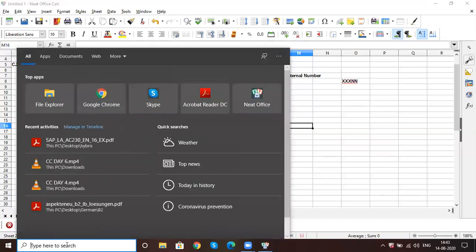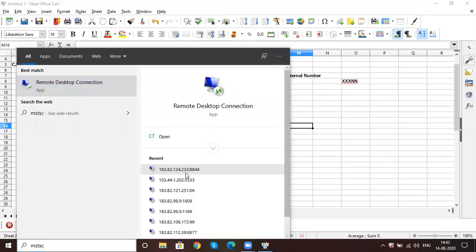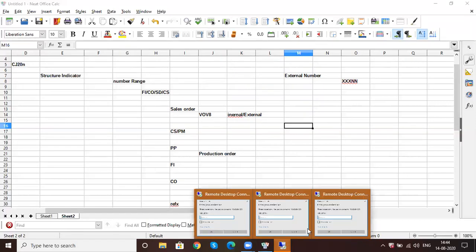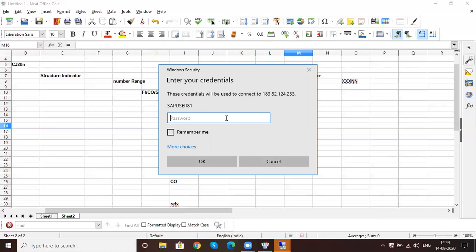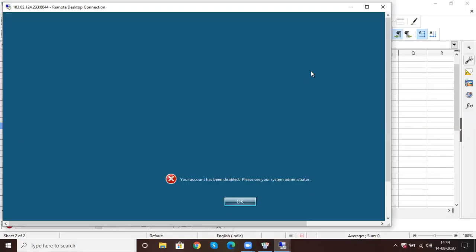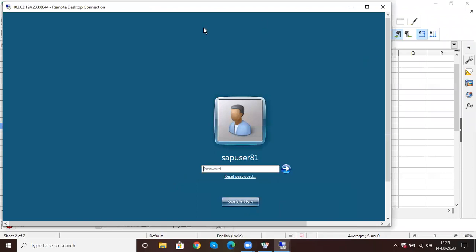You can check. Password issue? No, the user is disabled, so this user is no more valid.